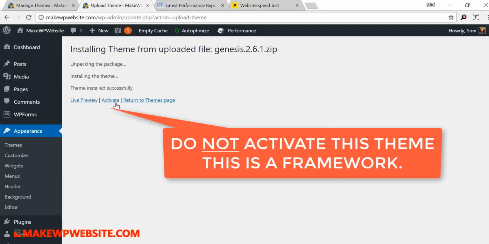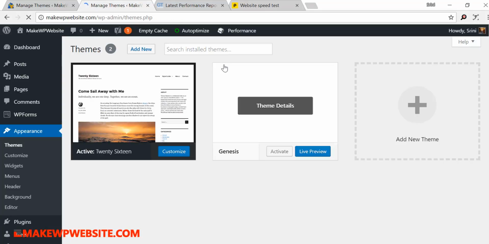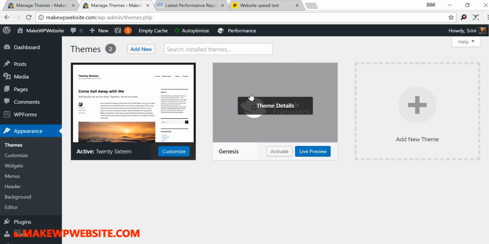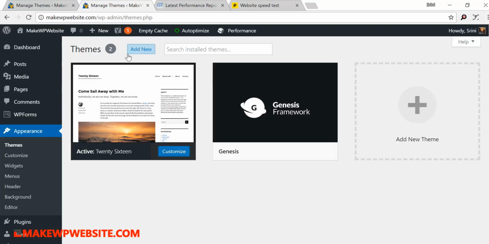So once this is done, you don't need to activate it. Go back to the themes page. Genesis you can still activate, but I want it as a reference point. This is basically a parent framework, using which we will also install a child theme. So click on add new,